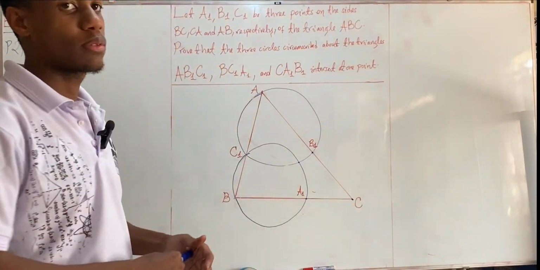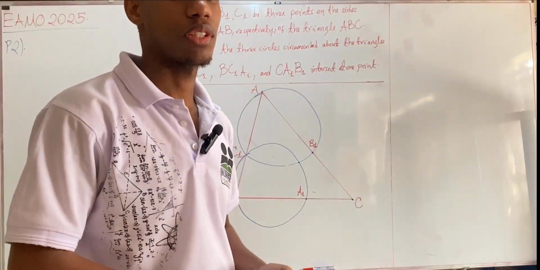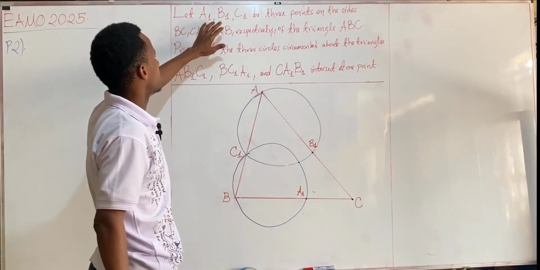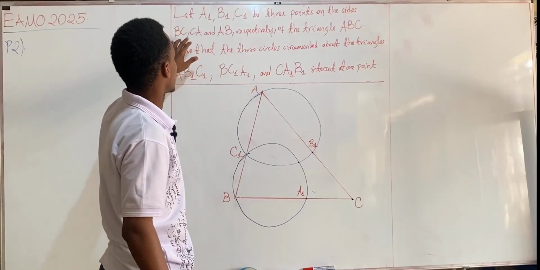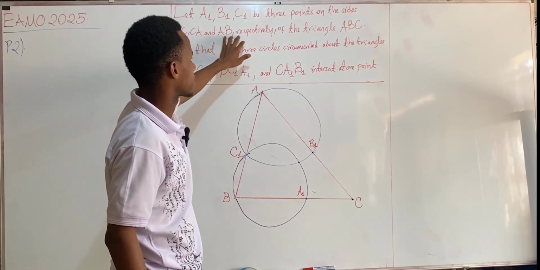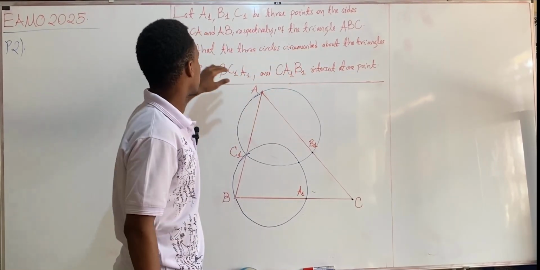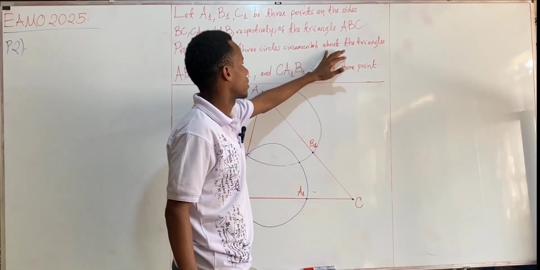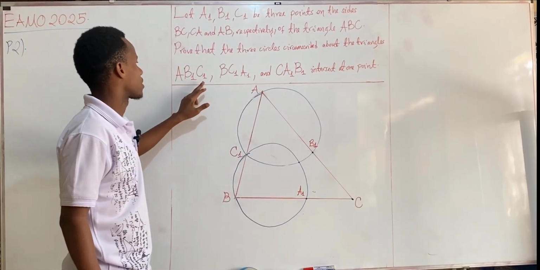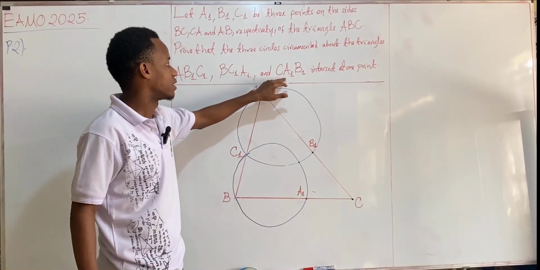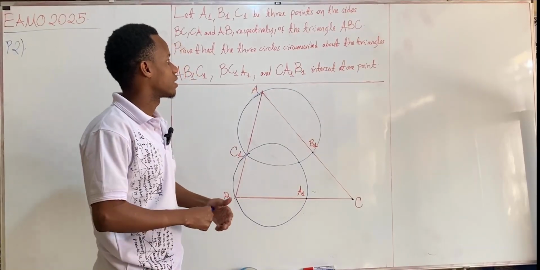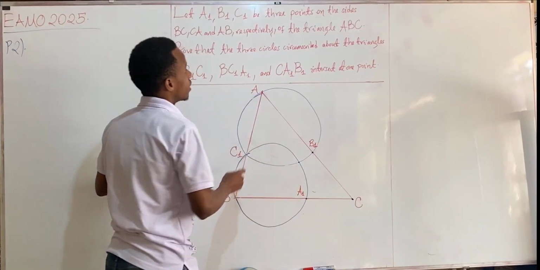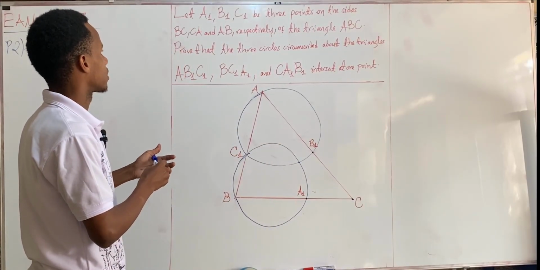Today we'll be going through another problem from the East African Mathematical Olympiad 2025. Here's a view of this problem. Let A1, B1, C1 be 3 points on the sides BC, CA, and AB respectively of the triangle ABC. Prove that the three circles circumscribed about the triangles A, B1, C1, B, C1, A1, and C, A1, B1 intersect at one point. So what we have is a triangle ABC, and then we are supposed to prove that